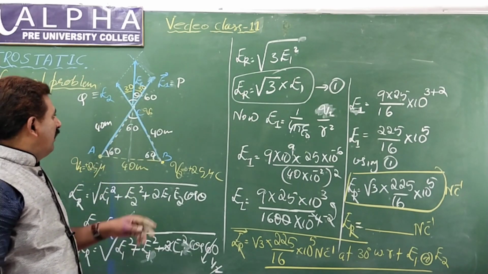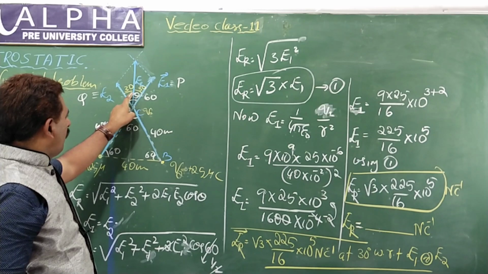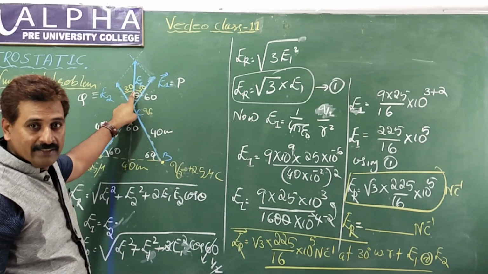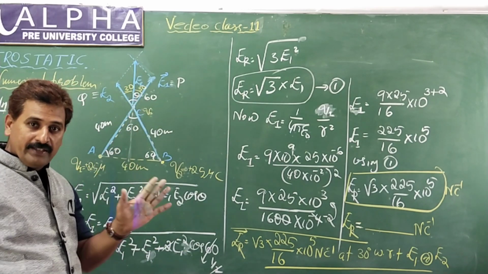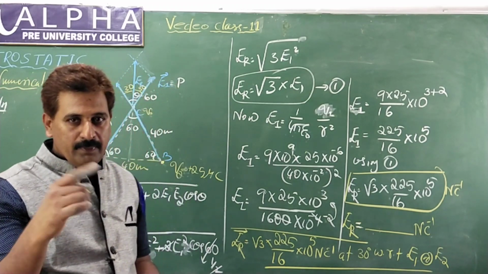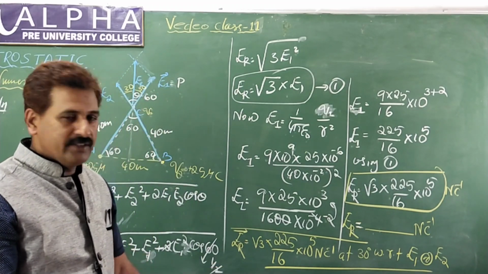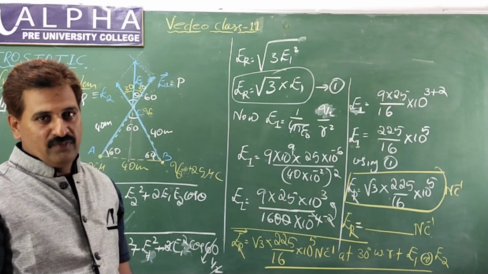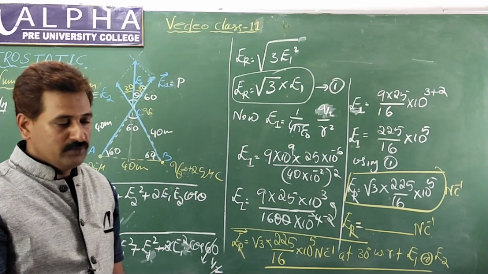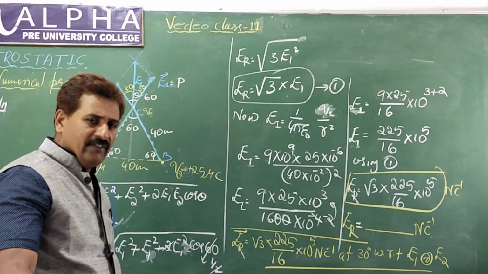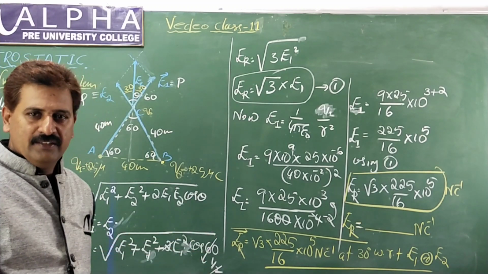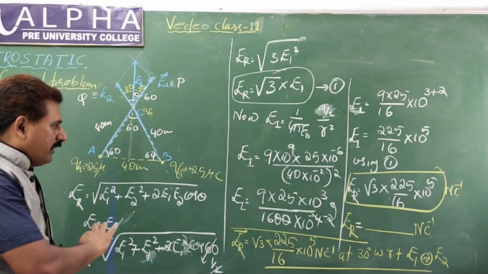Or else, if the resultant doesn't bisect the angle exactly, in that case, what do you do? Same formula, tan alpha equals q sin theta by p plus q cos theta. Use that, put the values, simplify. You know how to find tan alpha. Once regular college reopens, we will practice in the classroom. We did a lot of problems last year using the trigonometric table. We can try that, right? Okay, this is how we can try.